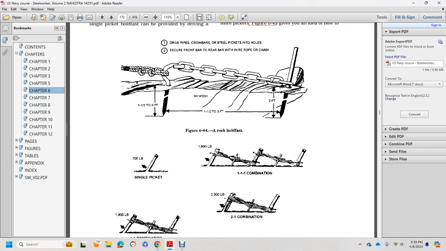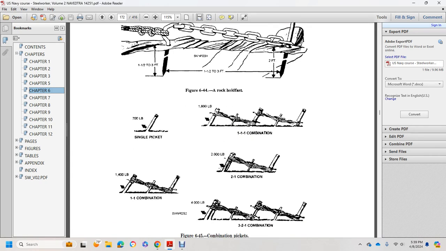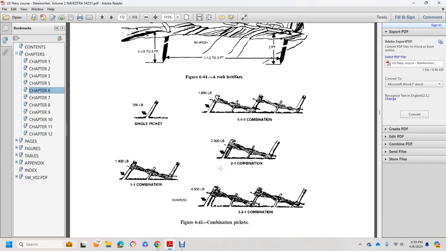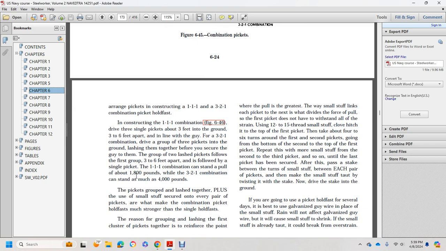Shows a single picket, 700 pounds, a 1-to-1 combination picket, a 2-to-1 combination, and a 3-to-2-to-1 combination picket. Range pickets and construct them as a 1-by-1 line or a 3-to-2-to-1 combination picket hold fast. In construction, a 1-by-1 combination, figure 646, drive 3 outside pickets